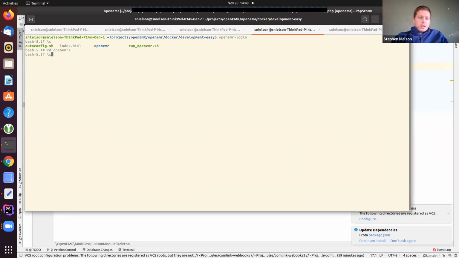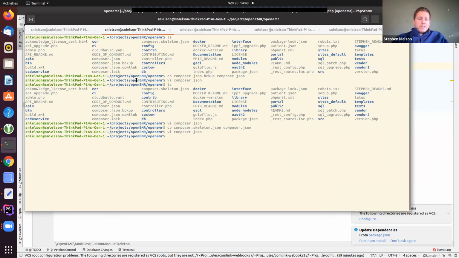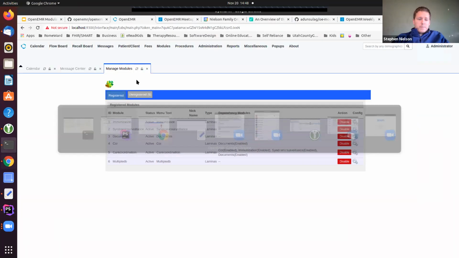And then at that point, because I'm running this in Docker, I have to run this command to reload and generate all of the autoload configuration for Composer. And then that will go through and make it so that my code loads and I don't have to do requires everywhere. Okay.